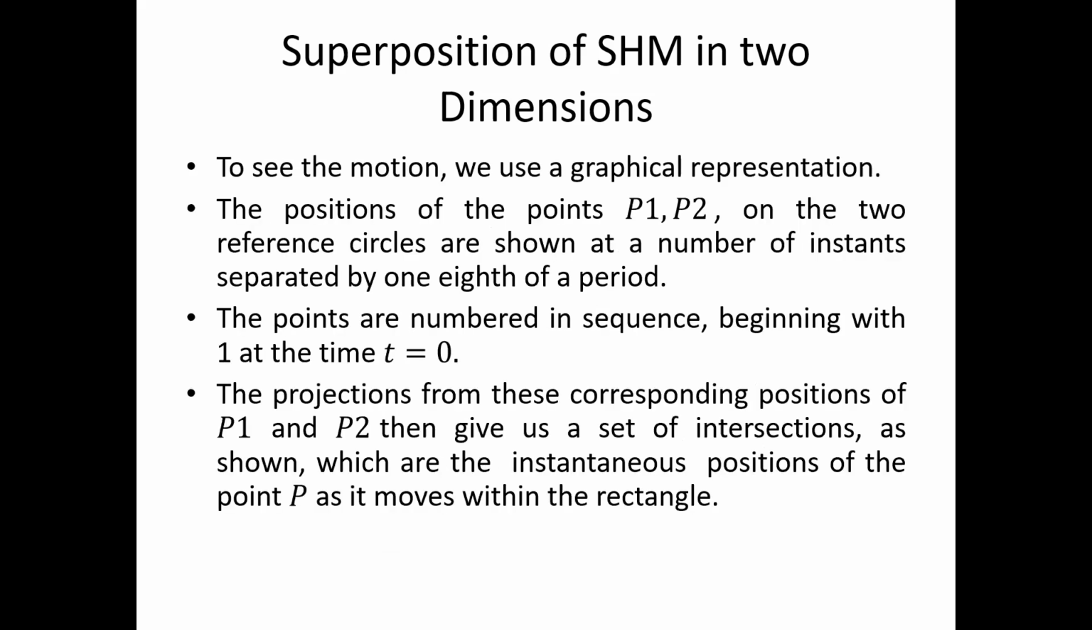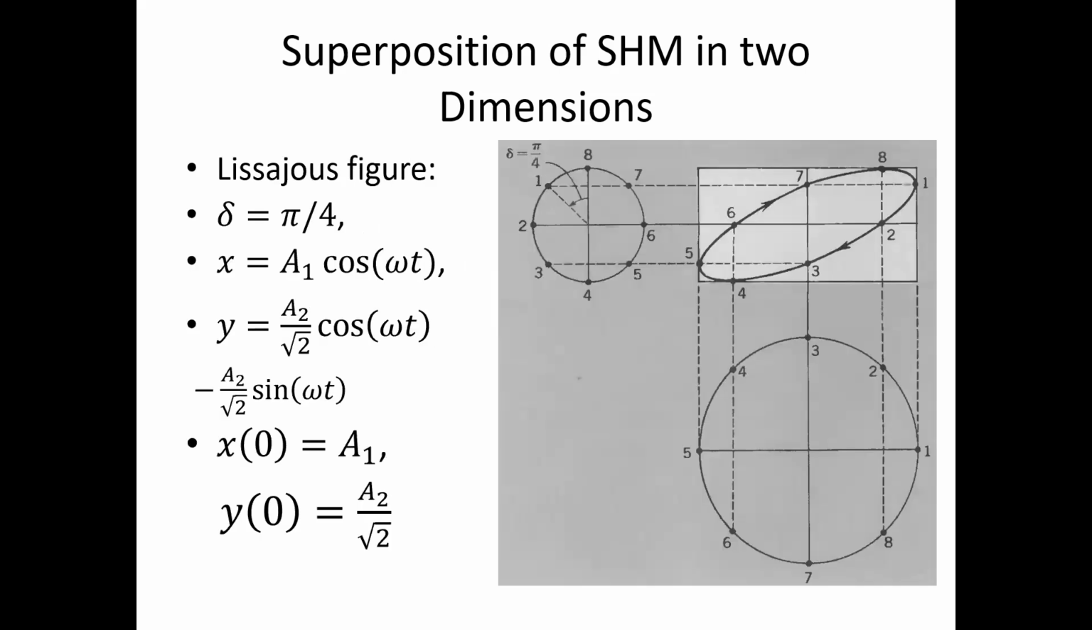To see the motion, we use a graphical representation. The positions of the points P1, P2 on the reference circle are shown in a number of instances separated by 1/8 of a period, because we are considering pi over 4, that is 1/8 of 2 pi. So we are referring to this figure,